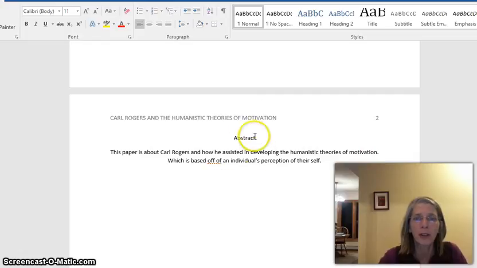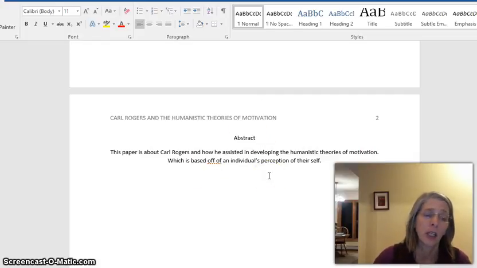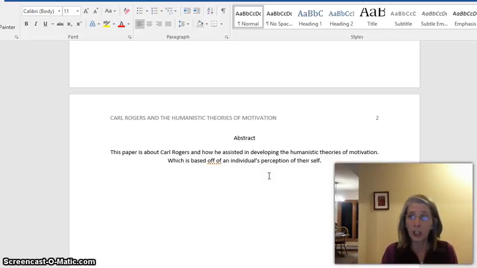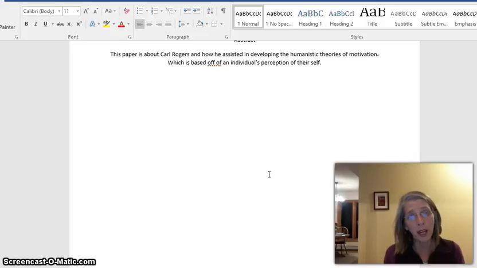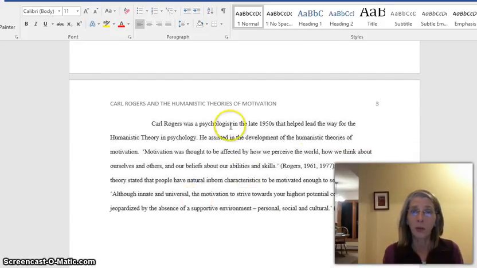But let me talk to you about the abstract. We don't have an abstract in our paper. It talked about it in that video a little bit, but our paper is very short. It's 4 pages of content plus another page for the title page, and then the 6th and final page is for the references. So you can remove this abstract page, and that will move this content up